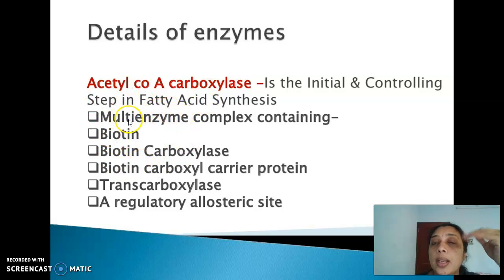Biotin actually undergoes the carboxylation reaction, where carbon dioxide is carried from the bicarbonate ions towards acetyl-CoA by the biotin. So biotin first undergoes carboxylation by biotin carboxylase, and this carboxyl group is carried from the biotin towards the acetyl-CoA by biotin carboxyl carrier protein, and the transcarboxylation reaction happens. So all these are enzyme activities functioning in acetyl-CoA carboxylase. That's why it is known as a multi-enzyme complex, because it is made up of 3 enzyme